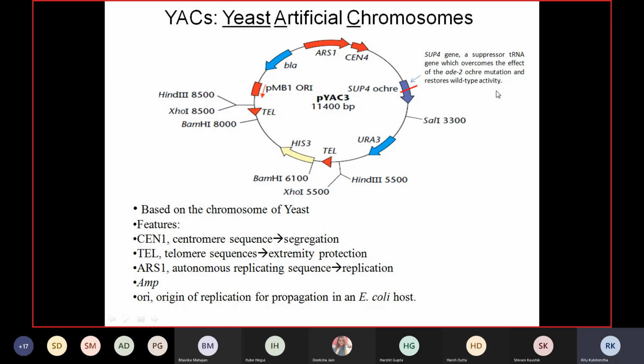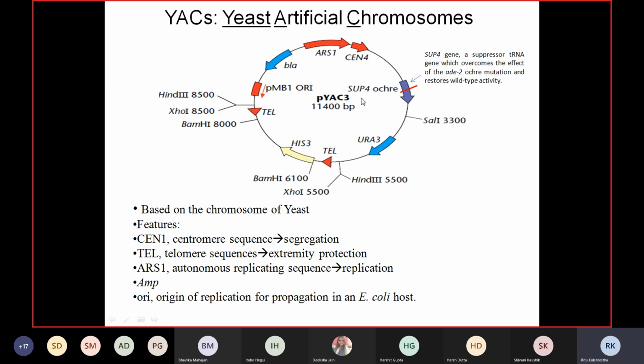So now coming back to the introduction to the yeast host strain. The yeast host strain has a mutation in a gene called ade2. It's an ochre mutation, because of which it gives a red color. I'll not go into the whole biosynthetic pathway, I'll just give you an overall scale. So the yeast host strain will be red in color because it has a mutation in one of the genes. Now, if the yeast has taken up this plasmid in which this SUP4 gene is intact, then